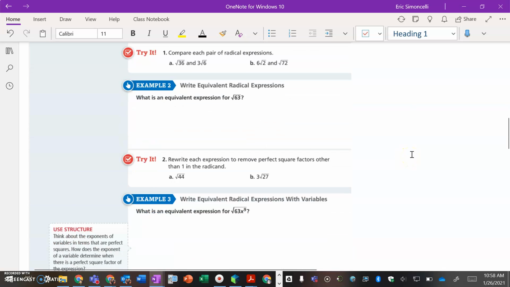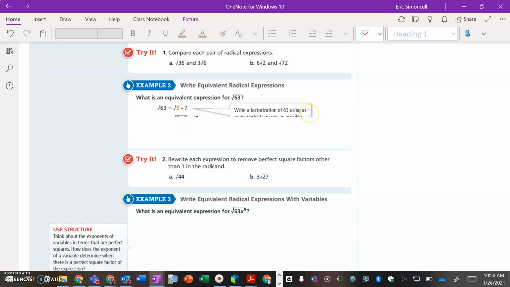Example 2. Write equivalent radical expressions. So what is an equivalent expression for the square root of 63? Let's take a look. Square root of 63, well, they first started as rewriting the radicand of 63 as 9 times 7. It does say write a factorization of 63 using as many perfect squares as possible. Speaking of which, and speaking of simplification, in the next step, 9 simplifies as such,